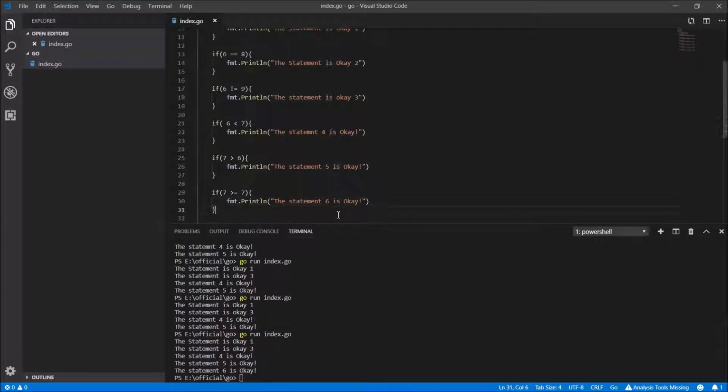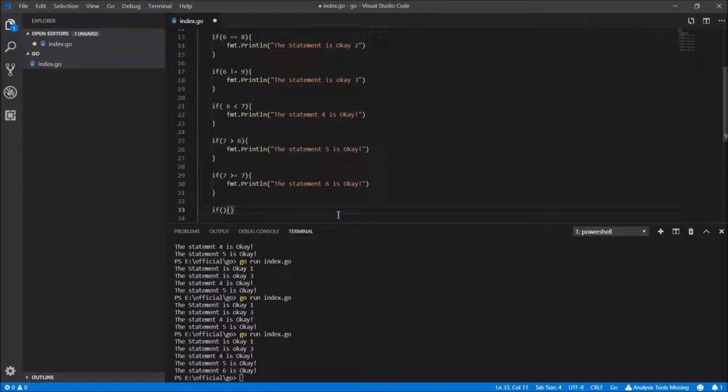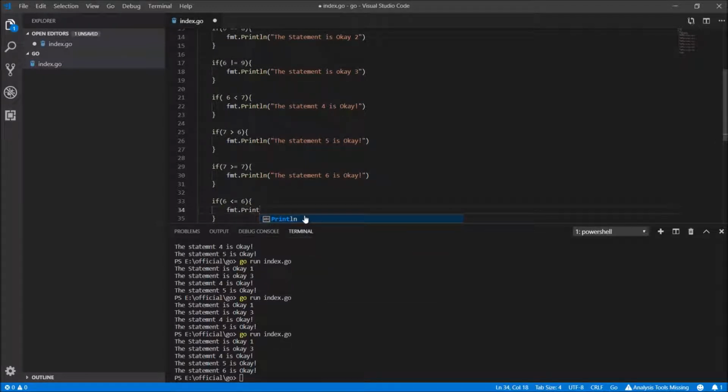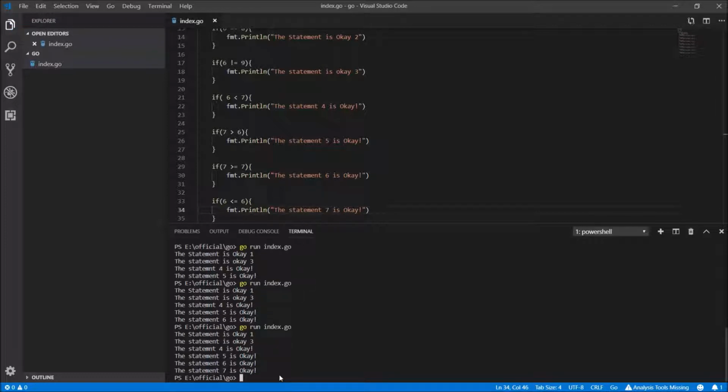And in the same direction, if I go here and write 6, now I'm using the less than sign. Here we talked about the greater than or equal to. Here we're saying if 6 is less than or equal to 7, there are still a few things you need to know. I'm going to talk about them too. Statement 7 is okay. Save it. Now I need to go here and run that. Now the statement 7 is okay because